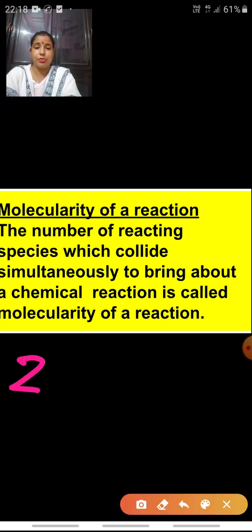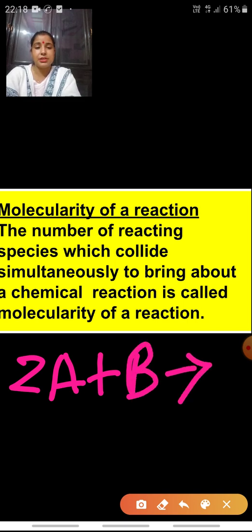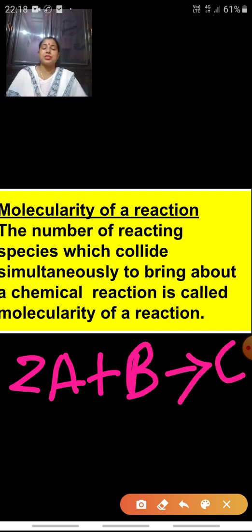Now, next we are doing the molecularity of a reaction. What is meant by the molecularity of a reaction? See, generally, we have done the order of reaction. In that, I have given you examples, like suppose you are having 2A plus B gives C. Now, in this reaction, you can see, according to the reaction, 2 moles of A are combining with 1